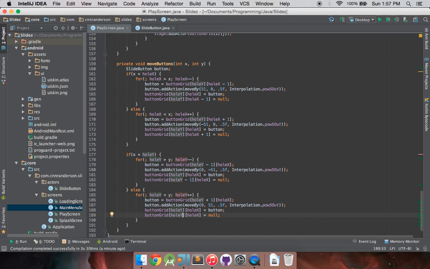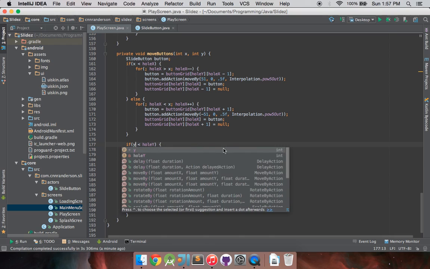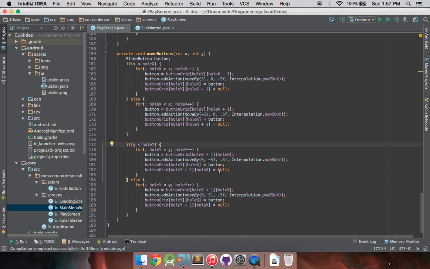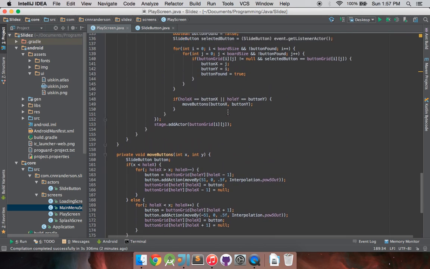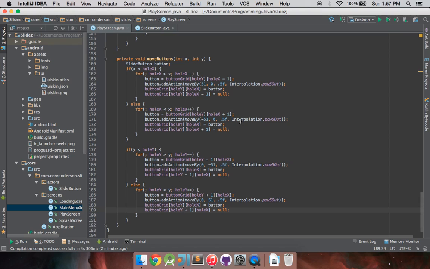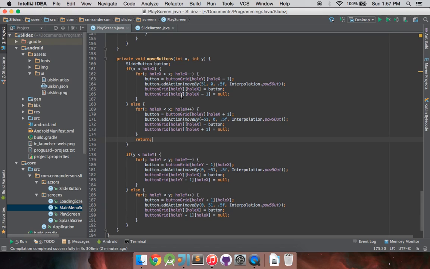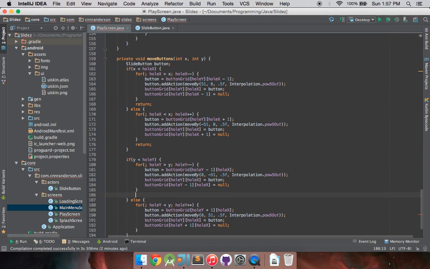There's really not a lot to change, which is pretty nice. So now that we did that for the Y, make sure you got all those changed properly. Make sure you made sure to do the action change so it's modifying the Y instead of the X, and also make sure you're getting the right index of the button you want. Now that we have move buttons down, with all 4 of these cases handled, we are able to move on, and you know what, we can actually just add return statements here so it doesn't attempt to do those other